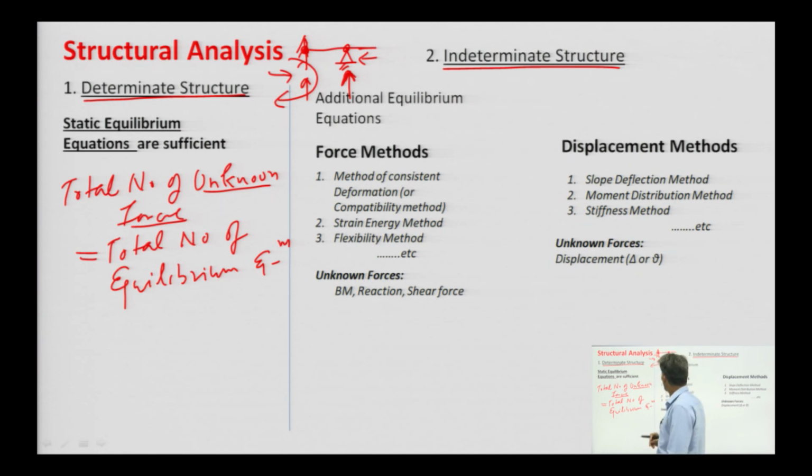If we neglect the horizontal reaction at both points, then we have 3 unknown forces. So, by considering the horizontal reaction also, we have 5 total unknowns in this case. And the available equilibrium equations